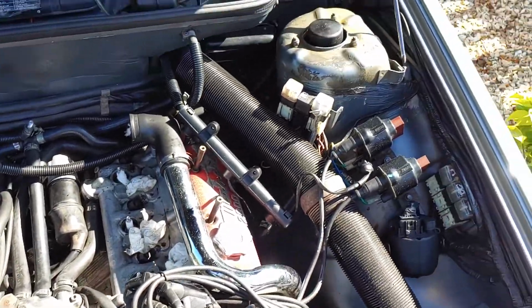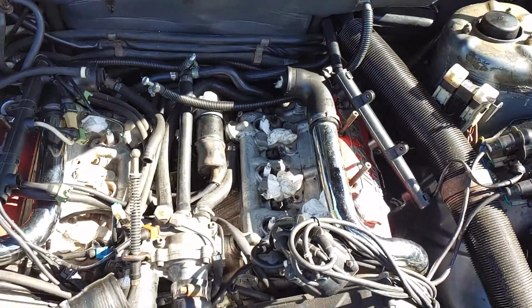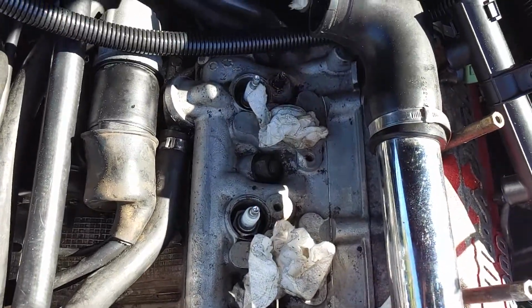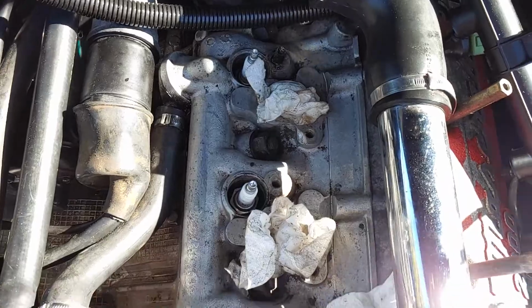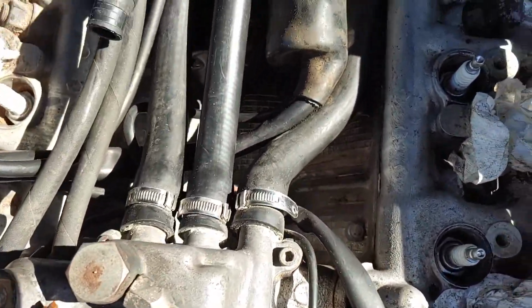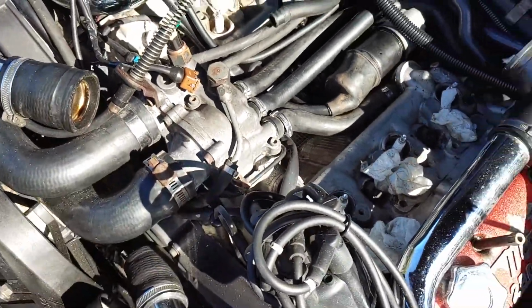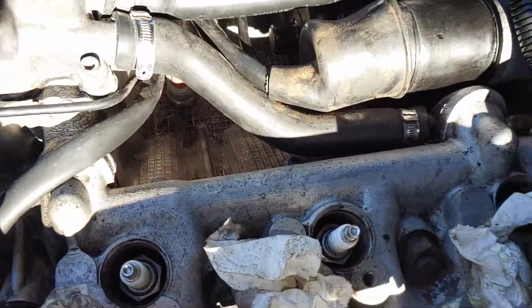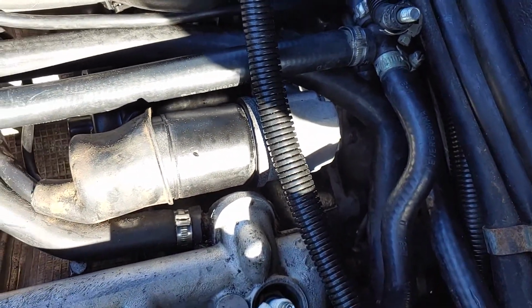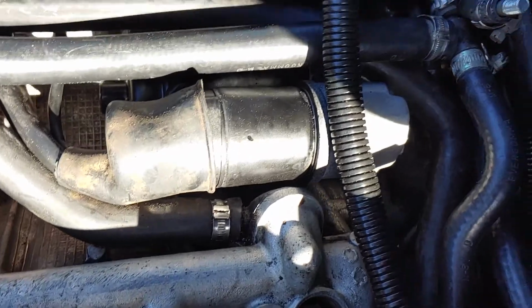This is sort of day 4 of sorting out my car. So I've sort of cleaned those bits there. It's quite hard, you don't want stuff to fall into the valves, so you have to be quite careful as a lot of bits. The whole inside of there was full of stuff, but I cleaned it all out. The starter motor, you couldn't find anything wrong with it, but he's refurbished it, so it looks good and